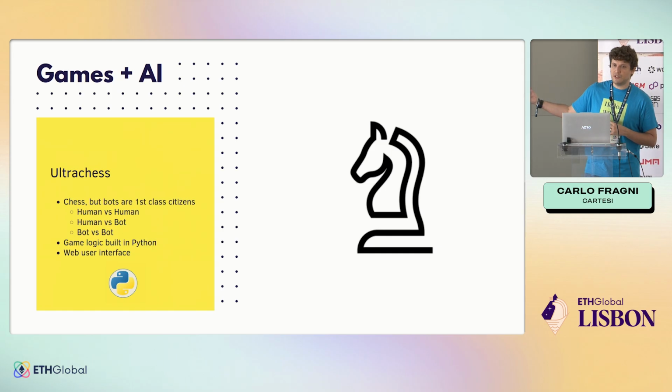Since it's happening inside the Cartesi machine, if you win or you lose a match, it's not because someone tampered with the match. There's nothing to tamper with. Anyone can reproduce all the matches and check that everything's fine. And in this case, he built it in Python and a web user interface. The bots themselves use an established protocol, and they can be developed in any language you want. So you can do a binary in C++ or Rust, or you can do a Python script or JavaScript or whatever you want.